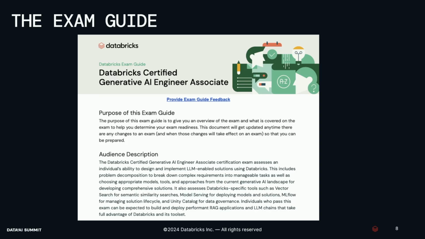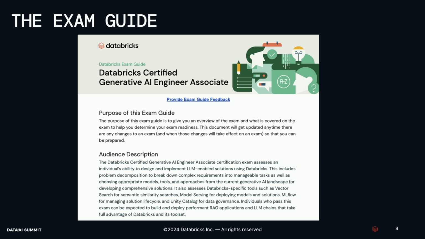Okay, so Corey and I are going to bang on again and again about the exam guide. Those of you who've taken our exams before probably know about these documents. This holds all your secrets. This is going to tell you how you're going to be successful, and we are going to go over it. But what I'd like you to do, because I know you like to read, and you should read,